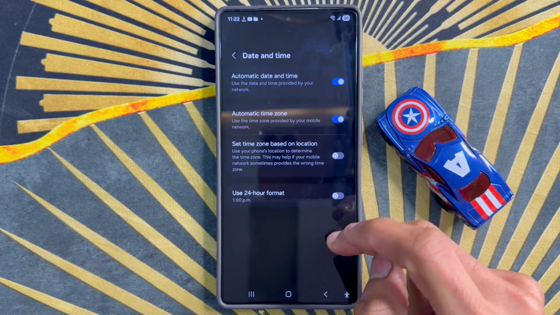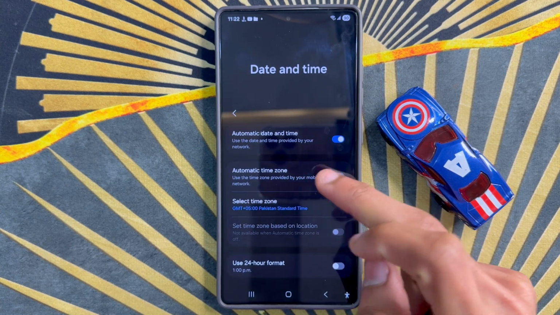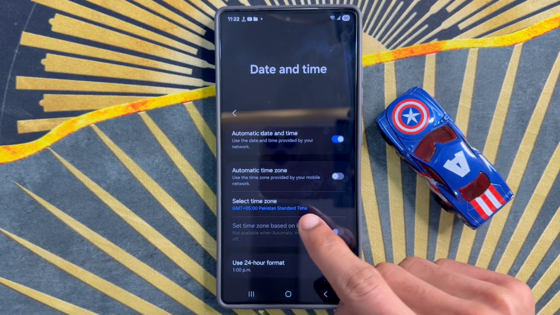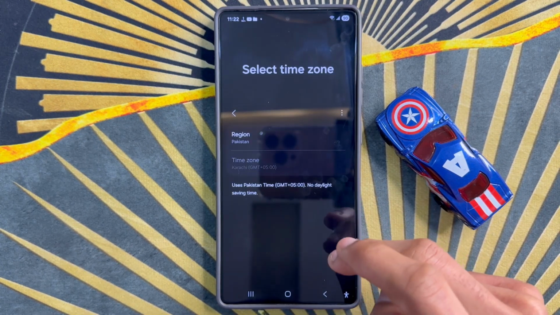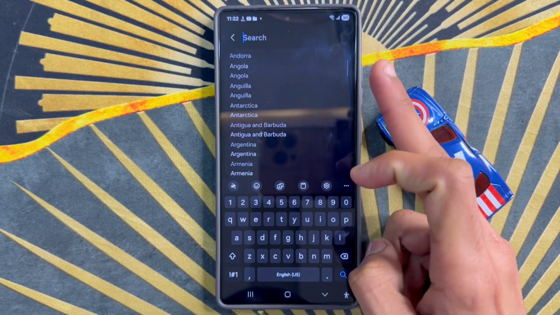After clicking on Date and Time, click on Automatic Time Zone. Make sure to turn off Automatic Time Zone and click on Select Time Zone and click on Region. So you will select region from here,